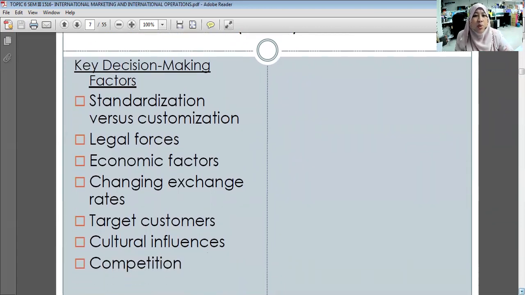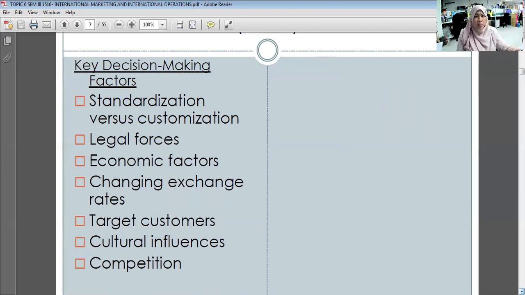We do have standardization versus customization. We have legal forces, economic factors, changing exchange rates, and then we have target customers, cultural influences and the competition. One by one. The first one, we're talking about standardization versus customization. When we want to make key decision making choices, we have to take into consideration and take into account that